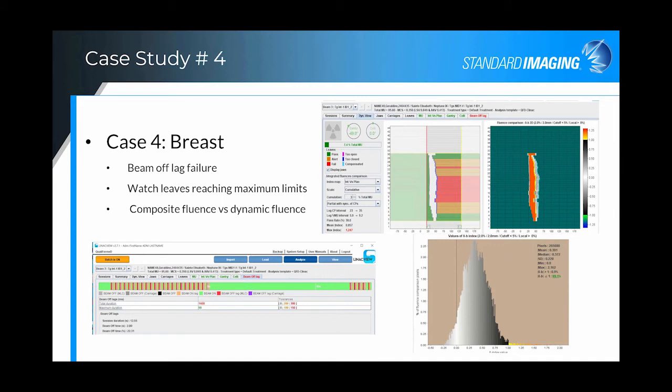Case study number 4 is a breast plan. And this one actually had a failure in the beam off lag. What happened is the leaves reached their maximum limits and continued to do so over and over again. But the other interesting thing that I would like to point out with this case, and perhaps we'll look at